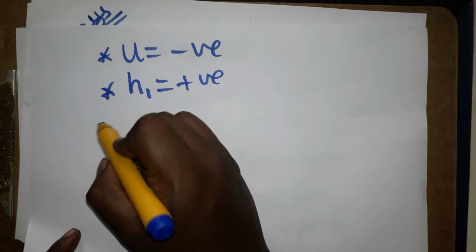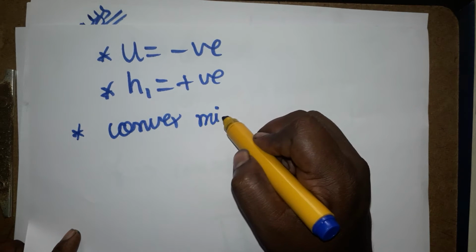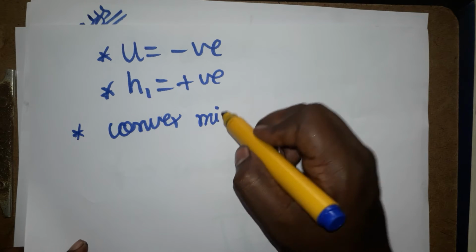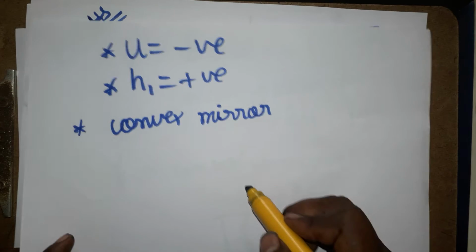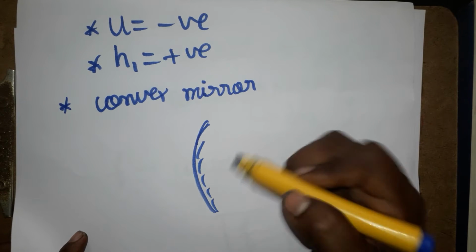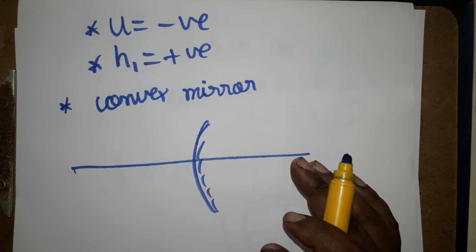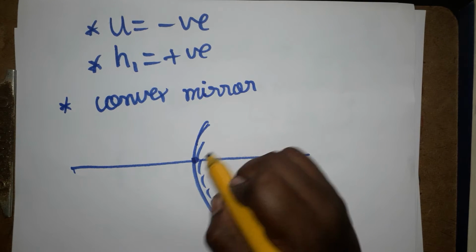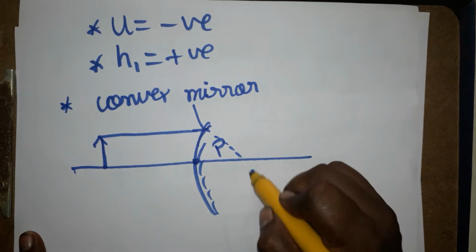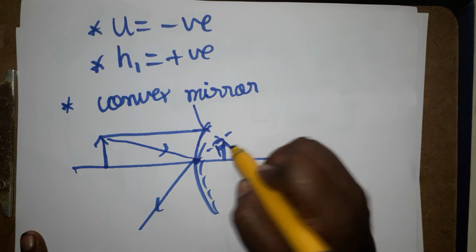Then I take the convex mirror. There are four optical devices: convex lens, convex mirror, concave lens, concave mirror. In case I have a convex mirror, the condition is fixed. For a convex mirror we have two cases, one is the infinite case. We won't get a problem in that infinite case. If you ignore the infinite case, we'll get only one case. This is the pole, the object I placed here, the parallel ray will be reflecting away from the principal focus, the center ray will be reflecting like this. Both will be converging here, image is formed.